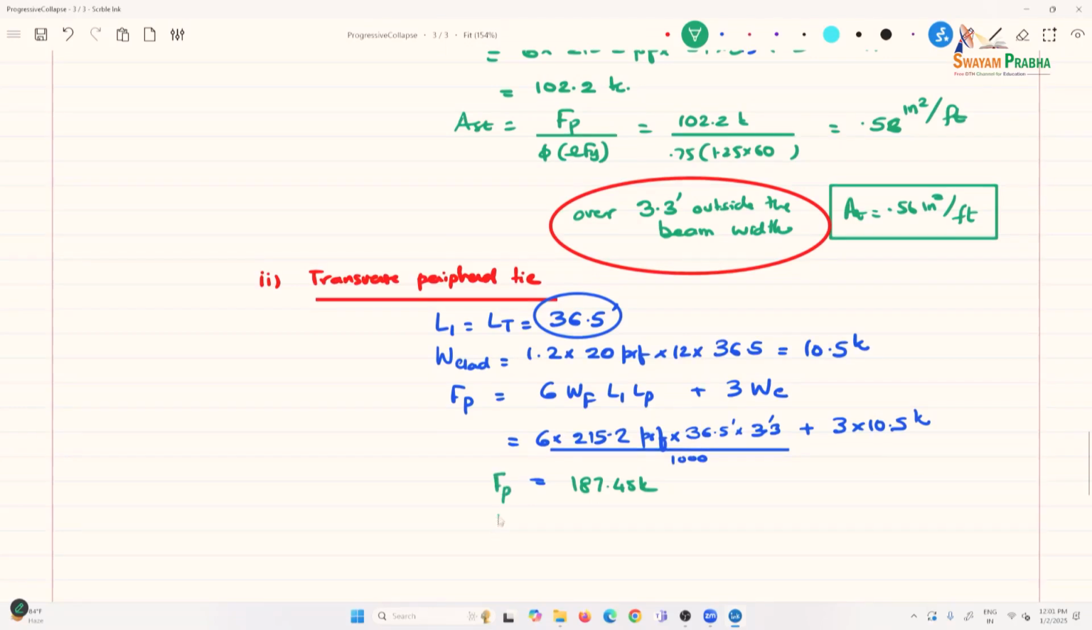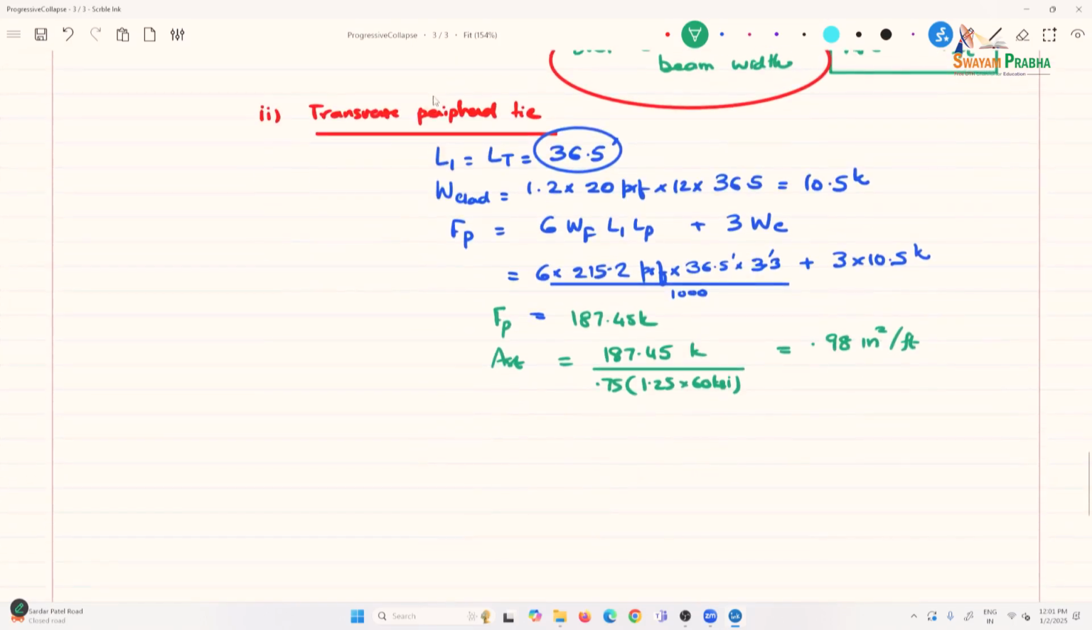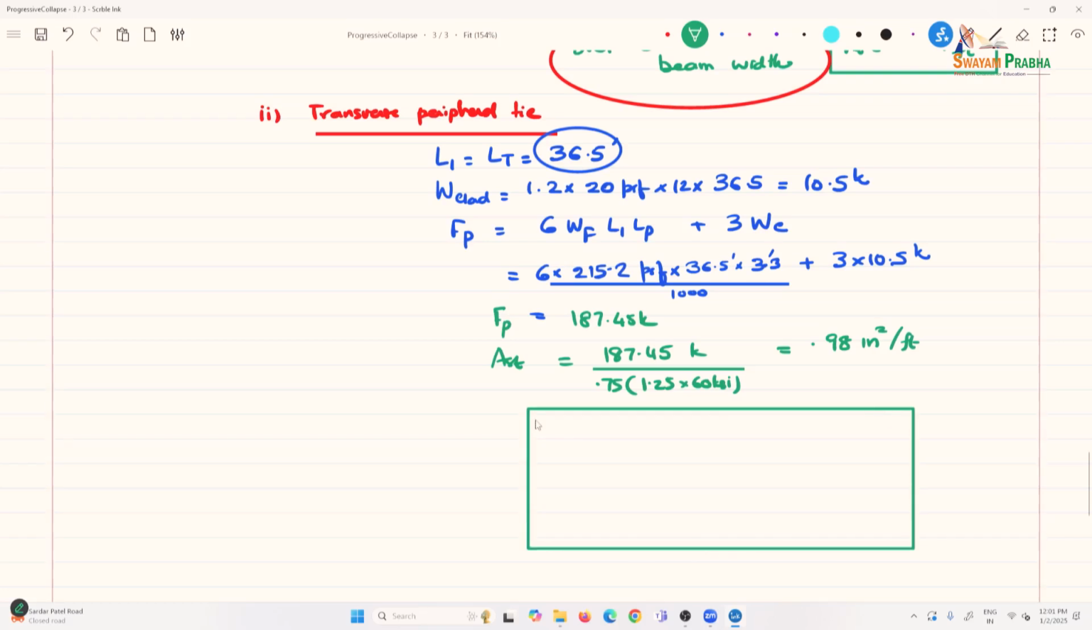So, and then AST is 187.45 kips divided by the same factor, which is 0.98. So what you're providing is,